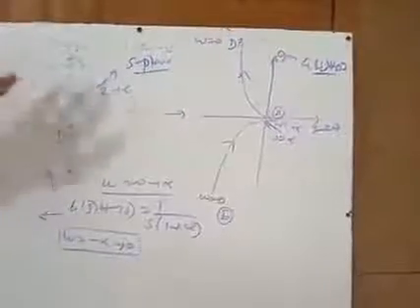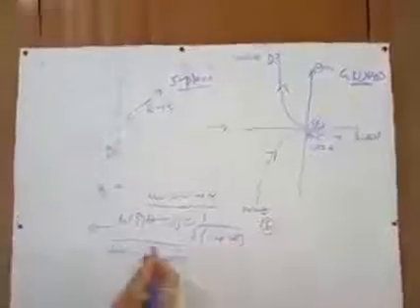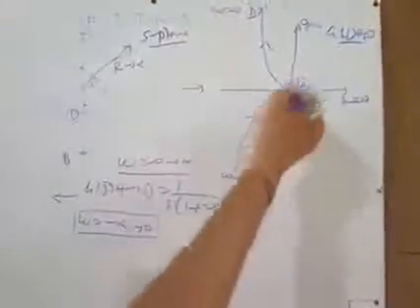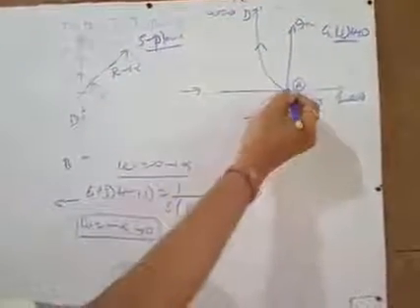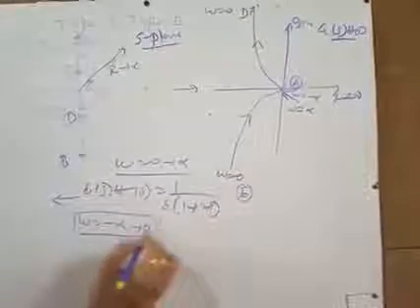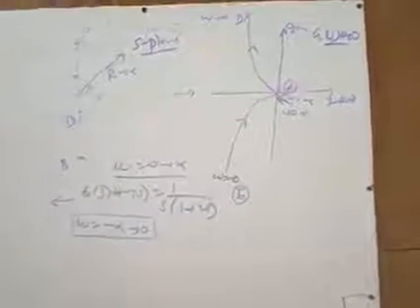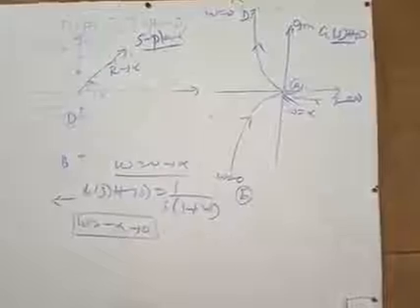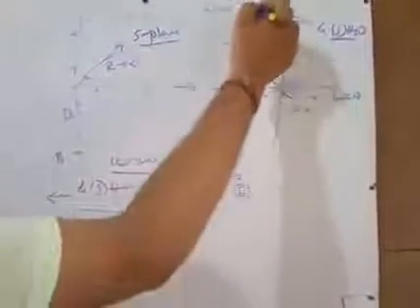Let us clarify this part again from the beginning. This is your actual polar plot, where omega varies from 0 to infinity. So the 0 to infinity part is from E to A of this Nyquist contour. So the E to A path is covered. Now when you vary the frequency from omega equal to minus infinity to omega equal to 0, definitely this will be the mirror image of the polar plot we have already obtained. So the polar plot of this will be like this, the mirror image of it.